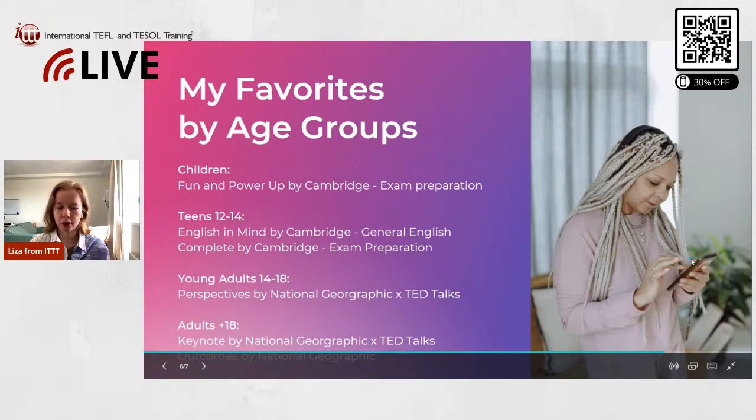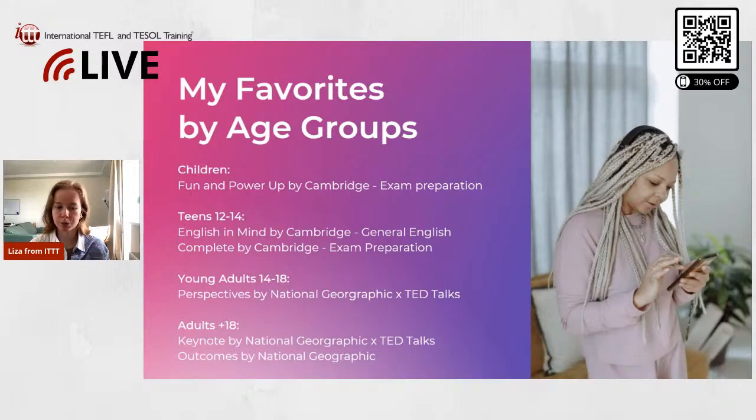And now let's have a look over these last points, young adults and adults. So there are three nice course books in total by National Geographic. And I would probably say that those books are just super cool,